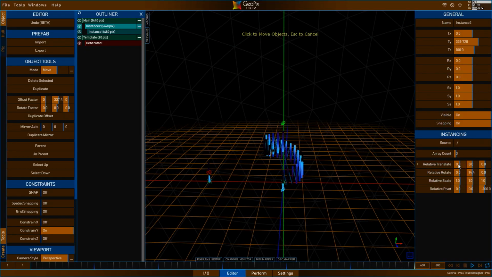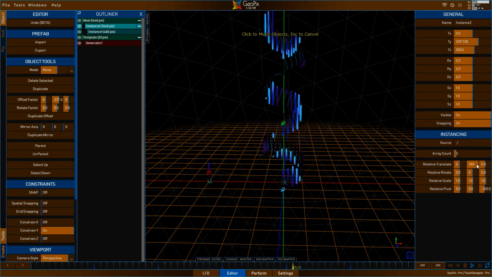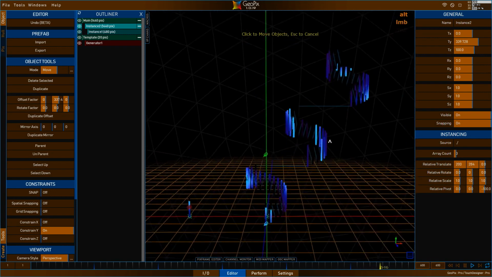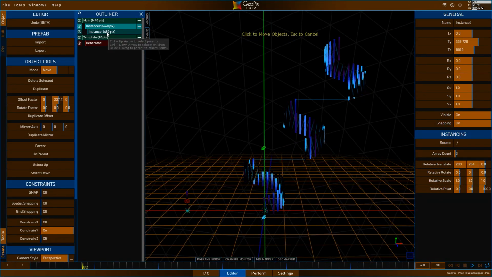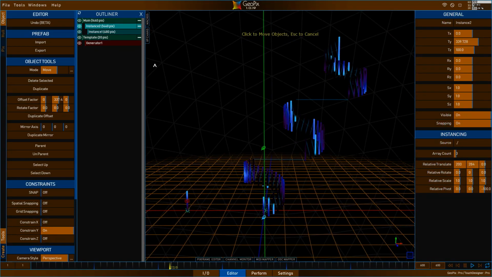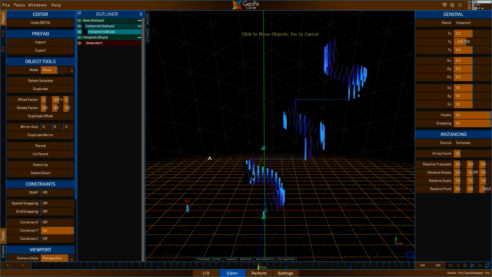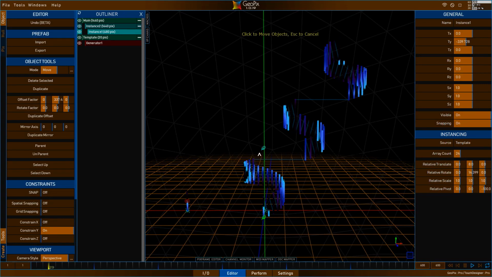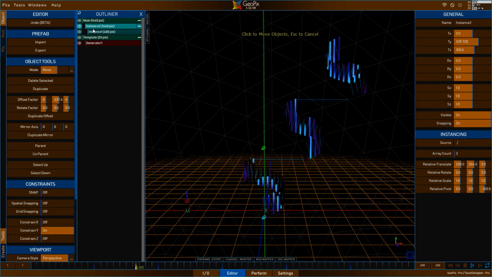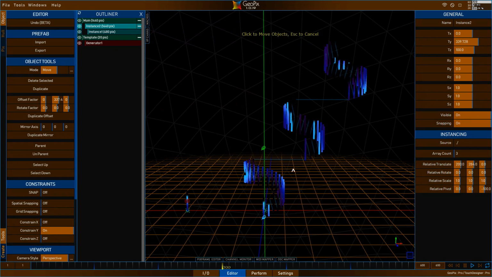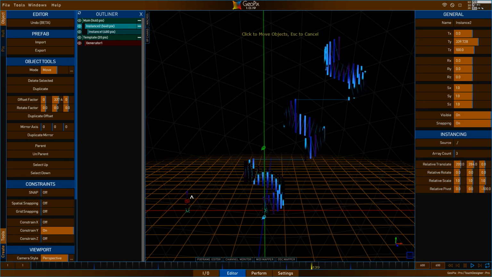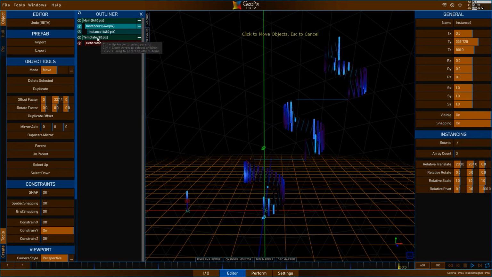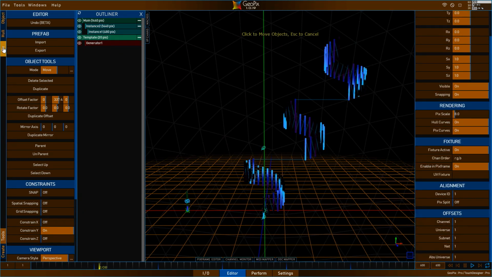So what I'm showing you here is that you are able to actually instance instances as well. So you can see here I have instance 2 is instancing its child. Source is set to child, and so instance 1, which is the spiral staircase loop one time around, is now being instanced twice more. So with very few nodes, you can actually create pretty complex arrays and systems that are all dynamic and still linked to the original in real time. You can go back in here